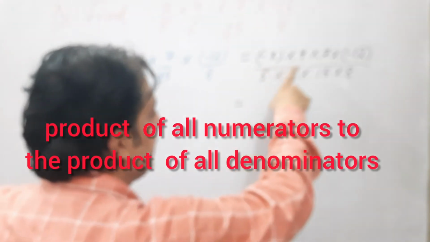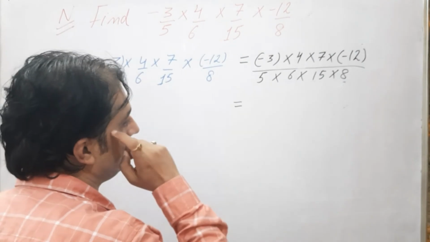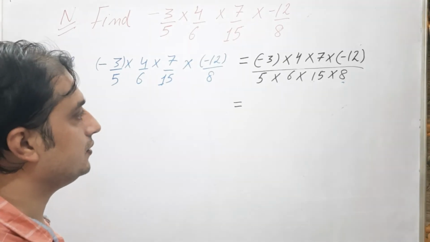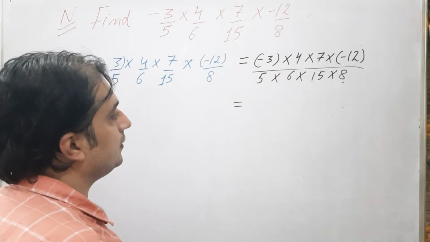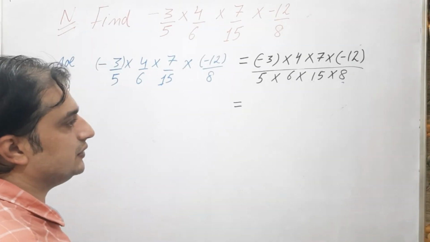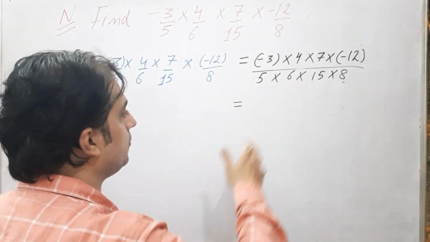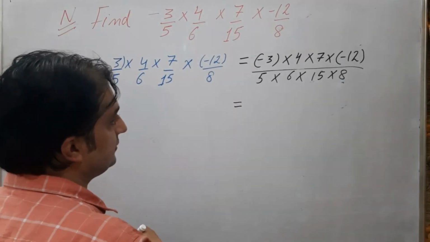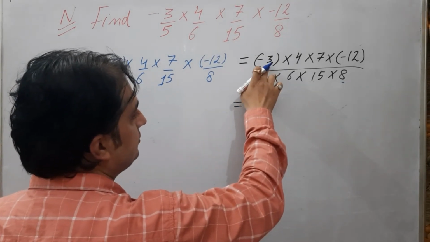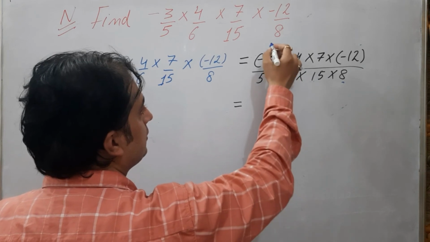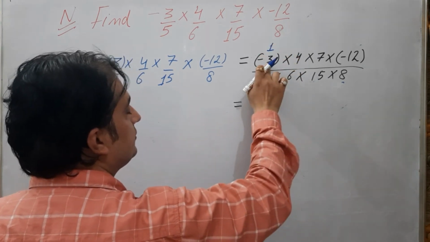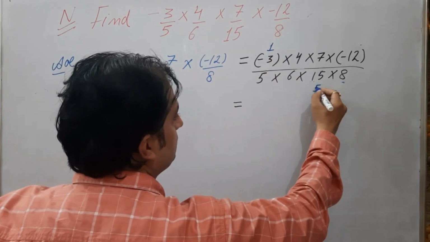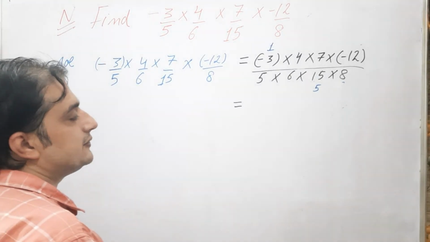To multiply the numbers in the numerator and the numbers in the denominator, there are 4 numbers in the numerator and 4 numbers in the denominator, right? So this product will take more time. With 2 numbers it's very easy to multiply, but now there are 4. So for easy calculation, just cancel out the numbers. If I have 3 here, 3 ones are 3, 3 fives are 15, so instead of minus 3 you can write minus 1, and instead of 15 you can write 5, because these two numbers are divisible by 3.